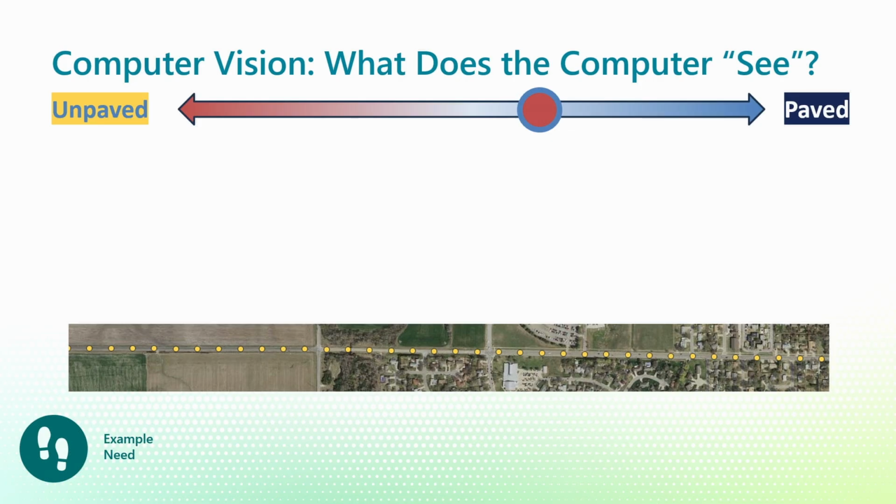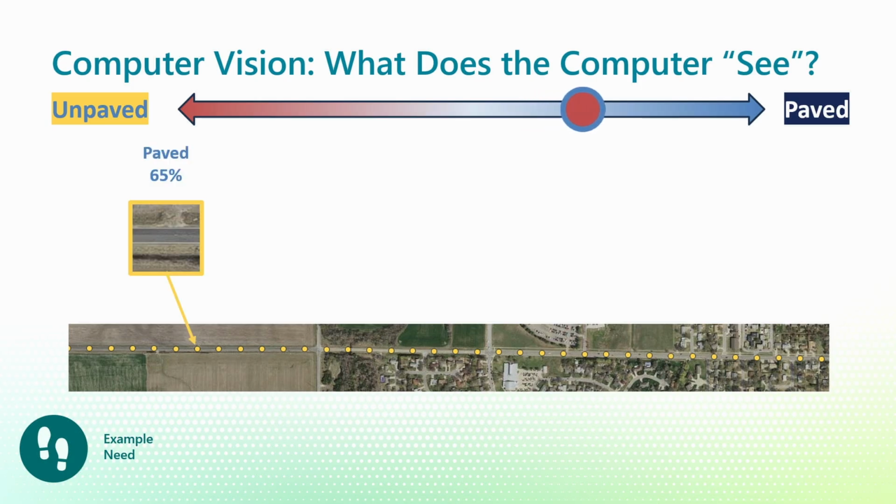We've also done it in Oregon and a few other places for Federal Highway, where we do roadway classification to determine if it's paved or unpaved, both using an estimate for each individual image, but then also making a classification for the entire roadway. And in the same way that we're asking, is this paved or unpaved,